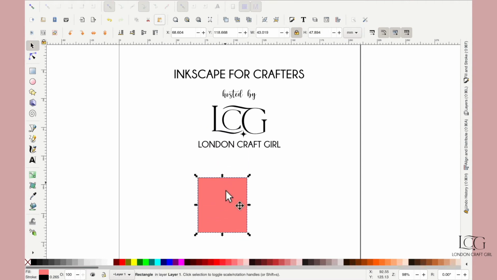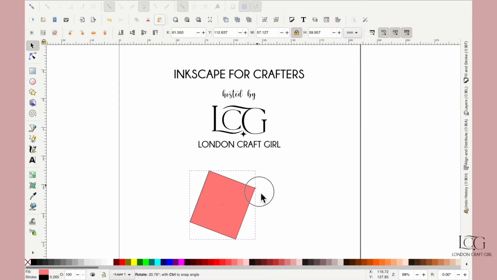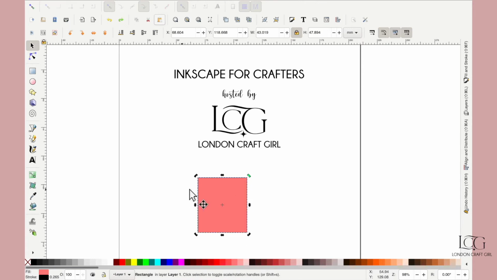Like this. If you click again, you can see the arrows now become sort of curved at the edges. And if you select on one of the arrows and click and drag, that allows you to rotate the shape. Just undo that. If we were to go to this tool, the Edit Paths by Nodes tool, this is a